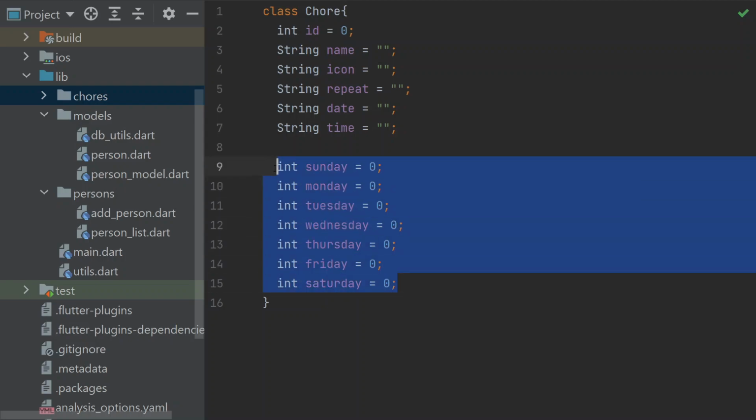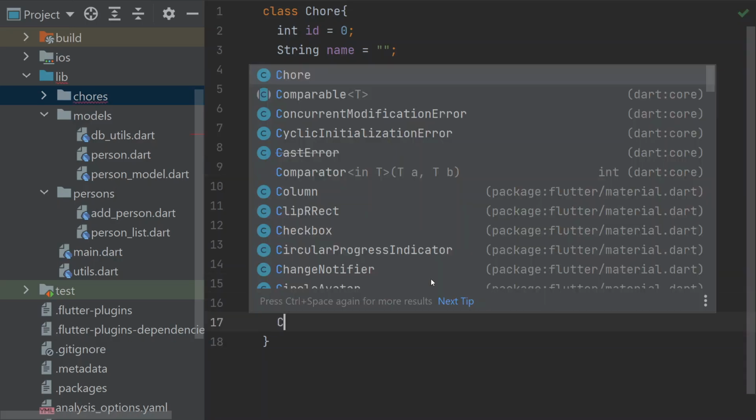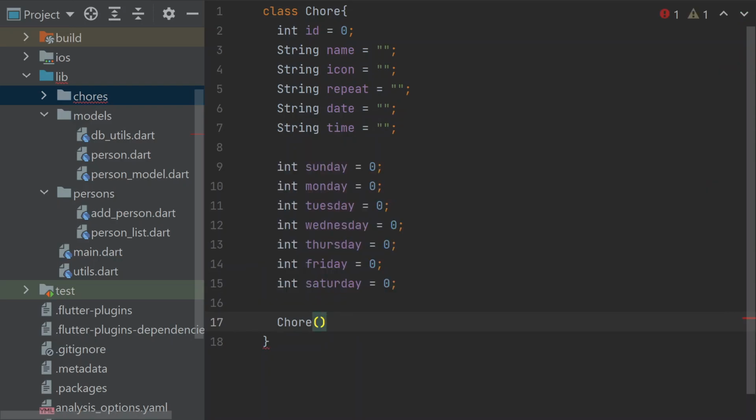And so these all integers are, again, basically just going to be, do I repeat them on this day or not? I suppose, again, to make this like properly good code, these should be Booleans, really. But, it's okay. We're not going to be too picky. We need a constructor for our chore. Our chore constructor